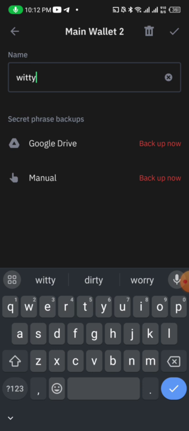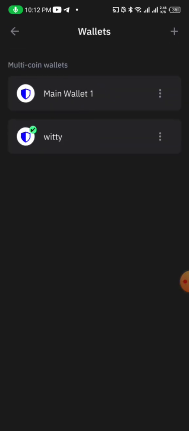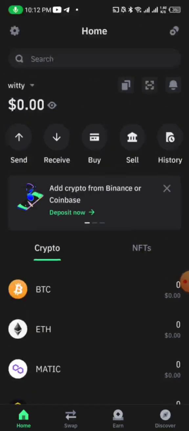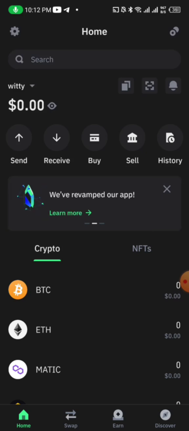Then at the top, this mark at the top right hand corner, click on it. You see, that is my Witty account. So when you click on it, it will open. You can see at the top of this 0.00, it's showing Witty. So this is where my Witty will stay. So whenever you want to connect Witty